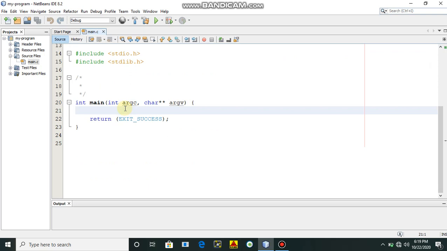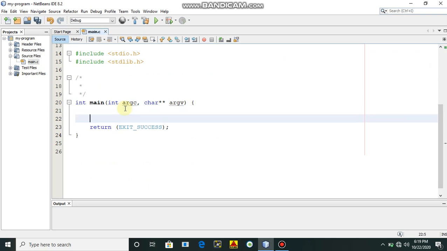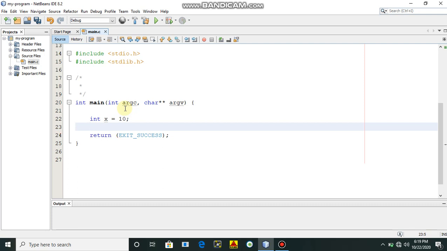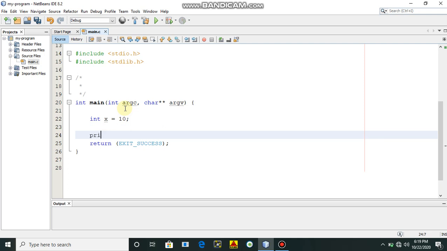For example, I am declaring the data type int with the variable x, and initializing it with the value of 10. There is a main syntax of different languages, so you have to follow this. If you do not follow it, you will suffer from various errors. So you should know the syntax of the language which you are going to use. I am using the C language, so I know the syntax. Now I just have to give the command of print, so printf